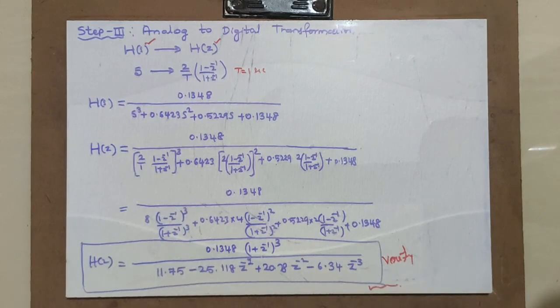I hope you understood the solution of Chebyshev digital filter design. It is the same as the Butterworth design. There are no changes. Three steps. The first step is pre-warping, which is very important. For the given data, you should use different techniques to pre-warp the data. The second step is purely analog filter design. There is no change at all, whether you are asked for a Butterworth analog filter design or a Chebyshev filter design, the equations are the same. The third step is analog to digital transformation; here you have used bilinear. That is the three major steps you have to follow to design the Chebyshev filter.